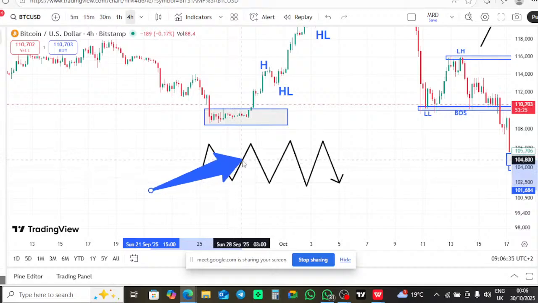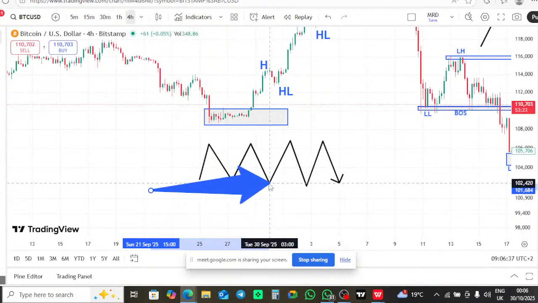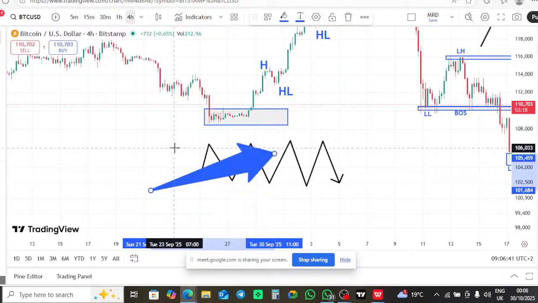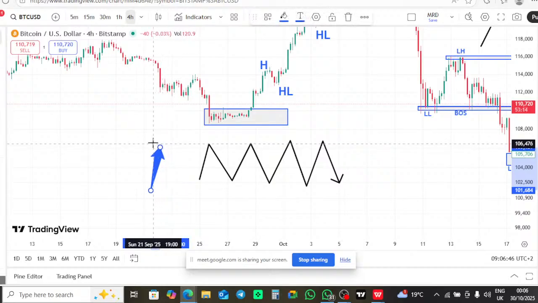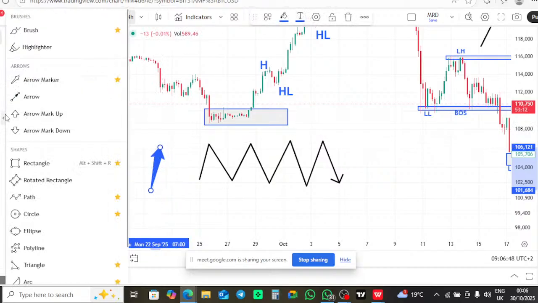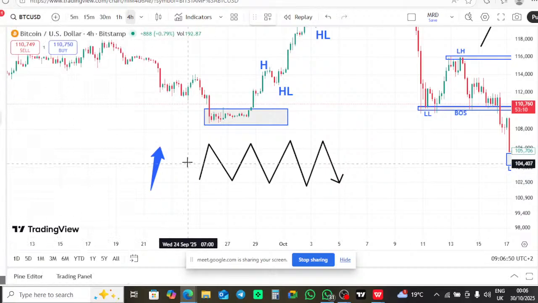I get out in the middle. I wait for the market to come back to this zone, and I get out in the middle. But you don't need to trade it several times. You can trade it like 2 times and you are out. It means I'm targeting the middle area.